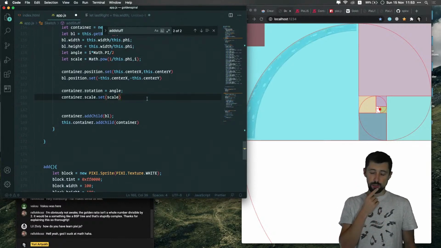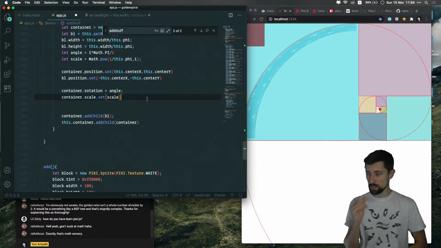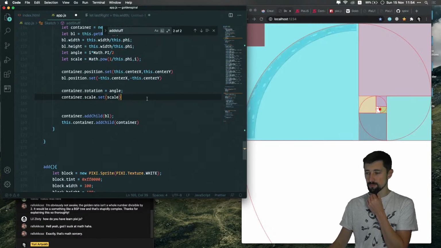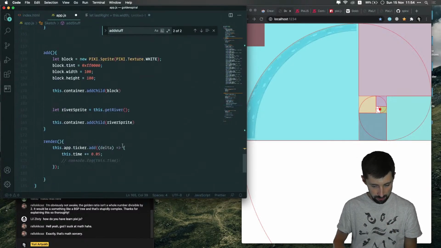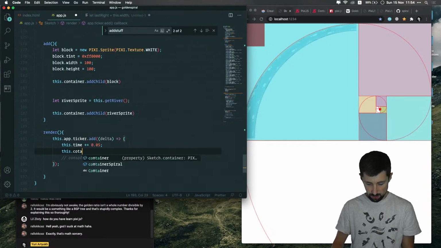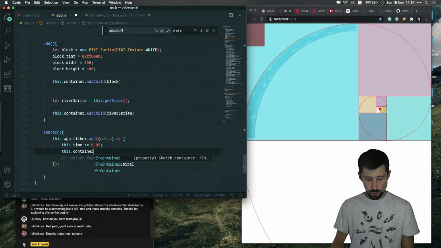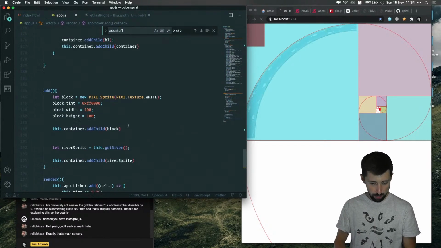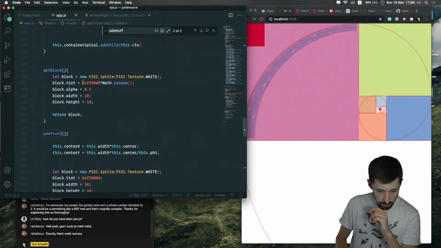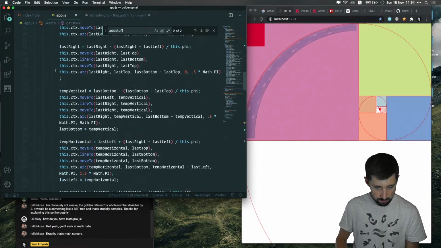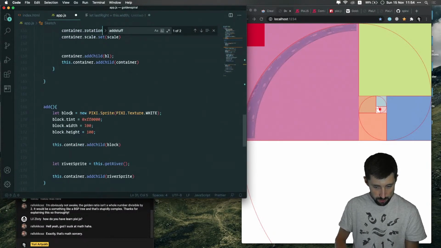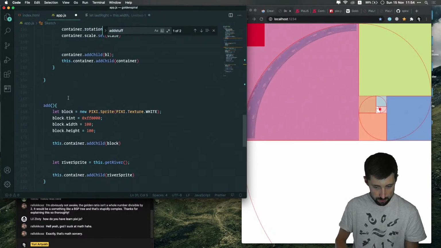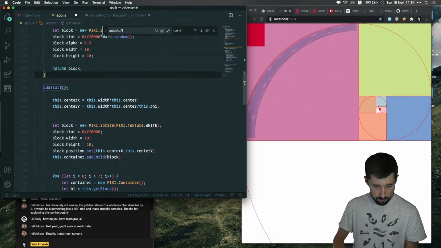So now we need to rotate this whole thing. And how do I rotate this whole thing? So my container gotta be rotated. If I just do the rotation for my container, like this container, and actually before we do the rotation part, let's just switch the get block with the get river. With the get river, I'm gonna move it here, so we actually see the sprites. So instead of